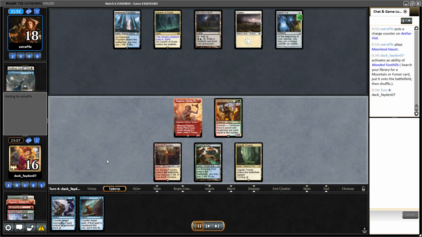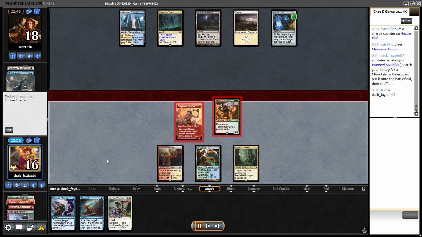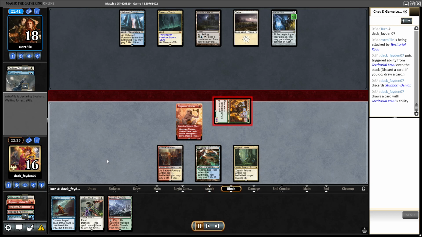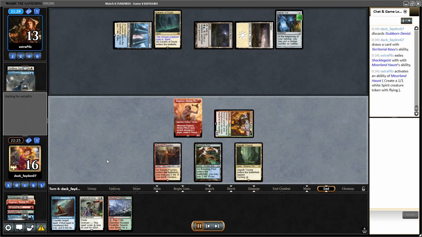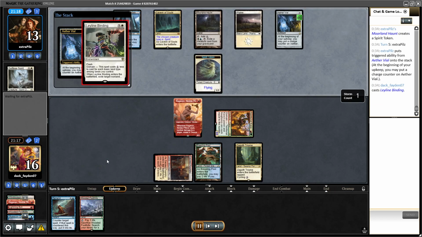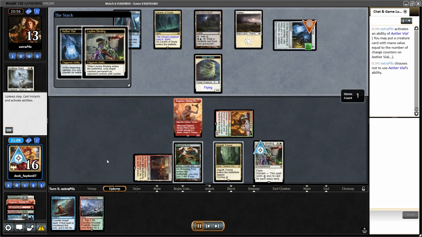Luckily, I draw Territorial Cabal, so I can shuffle. I can discard some of these cards and draw another card, which is hopefully more useful. I didn't want to attack with Ragavan, so I didn't want to trade with the Spirit token. I also didn't want to play my land. I decided to take the Ether Vial,